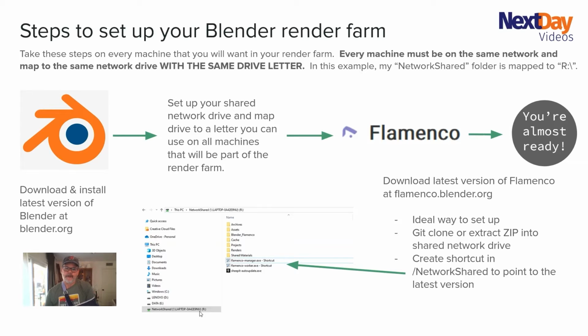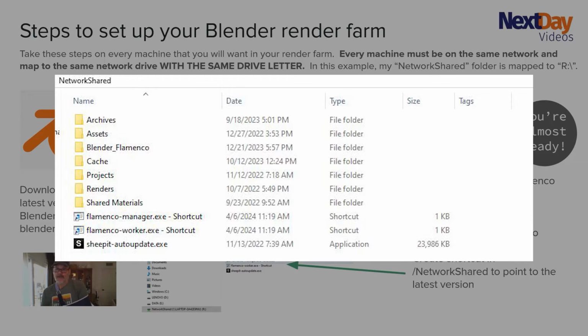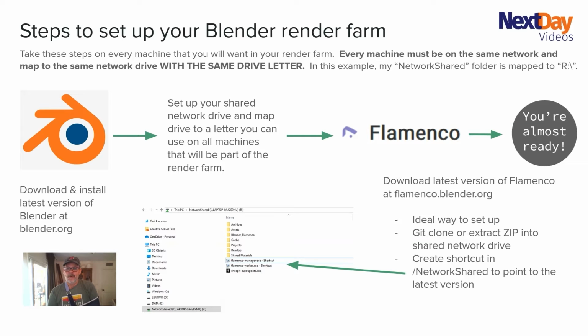I use R for render. It's always something I had set up. And I name the folder network shared. This can be any folder on any drive, but when other computers connect through the network, they're going to see the R drive, and it looks like it's the root of an actual drive. So it's just an alias that points to a different part of the disk. Once you do that, then on all machines, you have to go onto